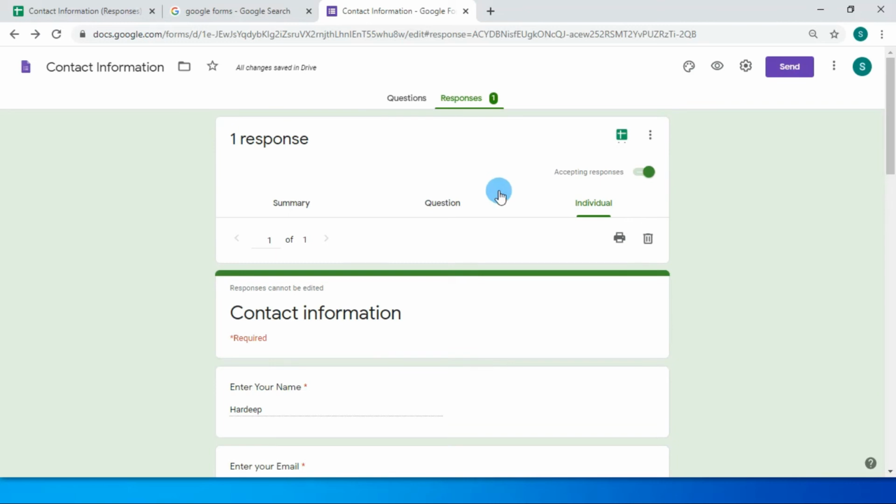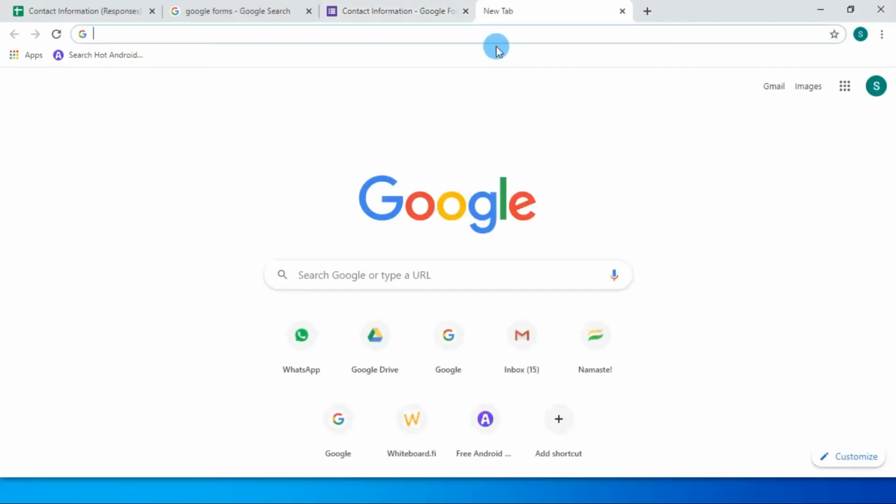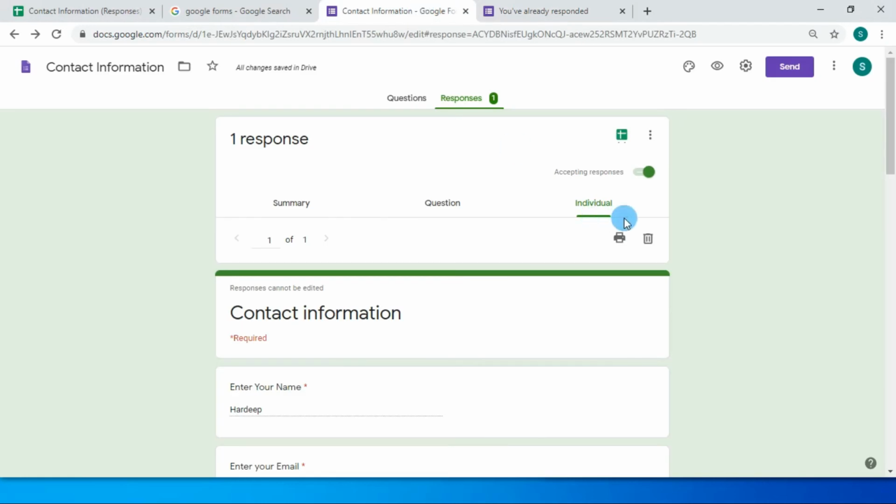So we will fill more forms and see how to convert our responses into Excel form. We will go back to the new window and paste that link. But here you can see that it is saying that you have already responded. So we need to make some changes in our Google form.